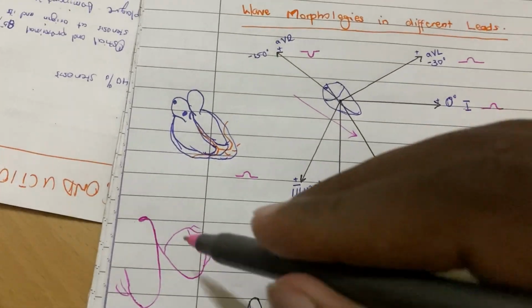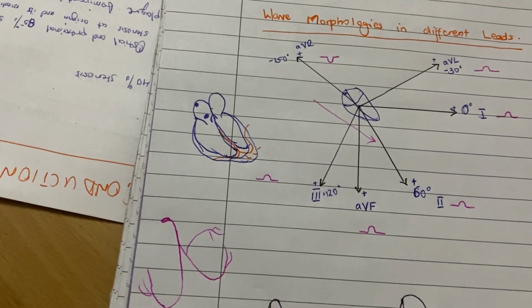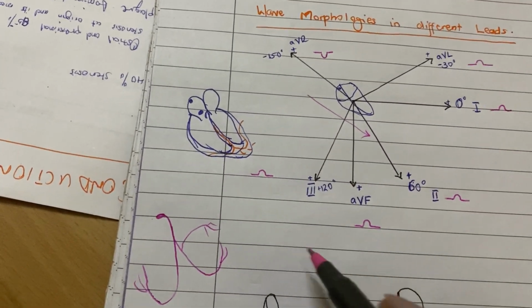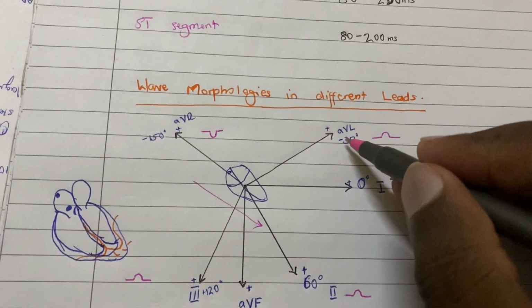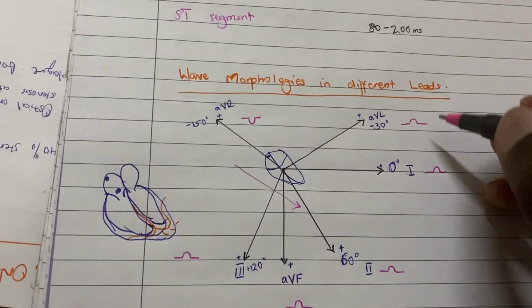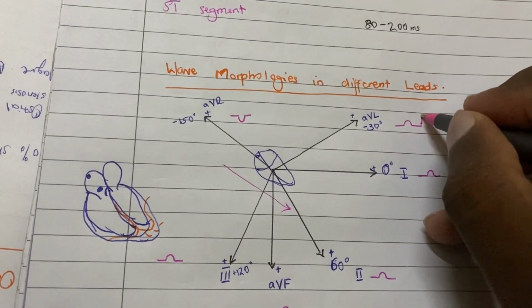Again, the leads near the anterior division will show a deflection first, and then what happens in the leads which are far away will be next. Because these leads are near the anterior division, and it is towards their positive electrode, they will show R,